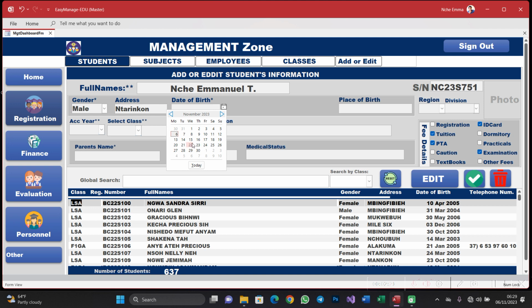So we have the date of birth here. You can use this small calendar icon here. You pick a date of birth, and look at the format. It gives day, month, year. So you can just type this thing yourself. If I just put